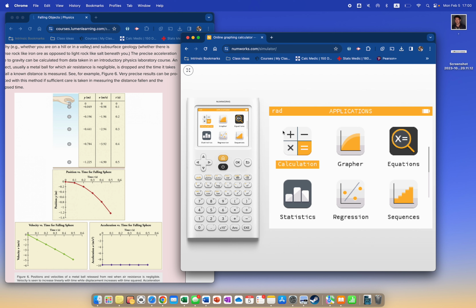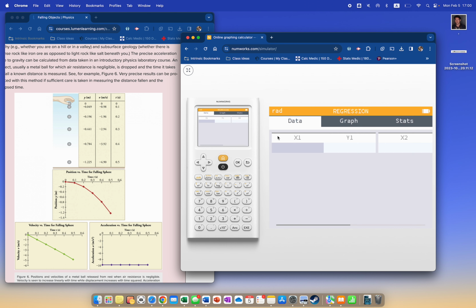To show you how to do a regression model in Numworks. So from the home screen, go to regression, and then it lets you add in a data set here and here. I'm going to choose to do this data set of a ball falling. So I have my independent variable, time, over here, so I'm going to put that in: 0,